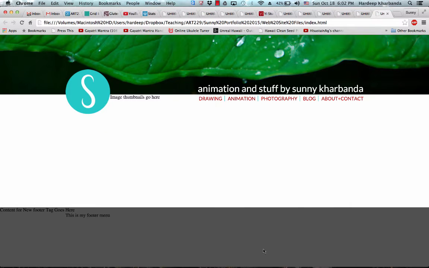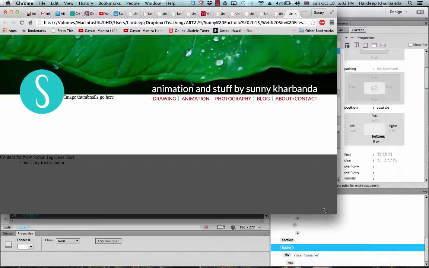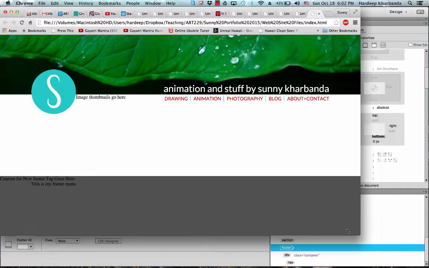And just by doing that, by setting the page body to 100% and setting the footer to an absolute positioning with a bottom value of 0, it now sticks to the bottom of the window. So as you can see, when I resize my window, my footer always sticks to the bottom.